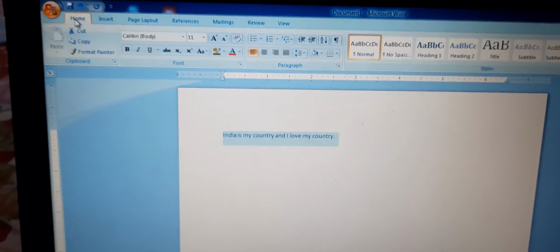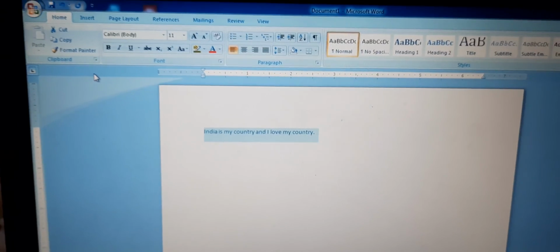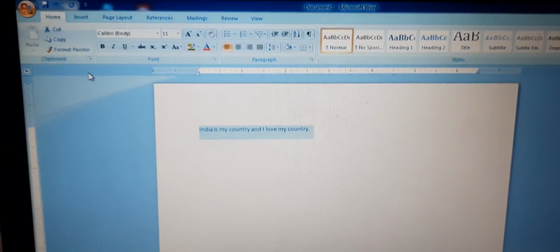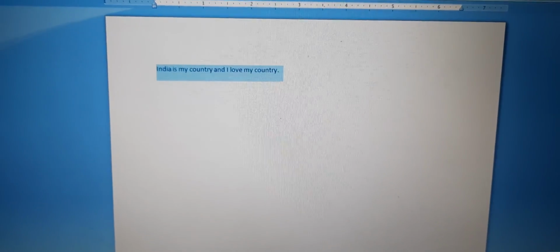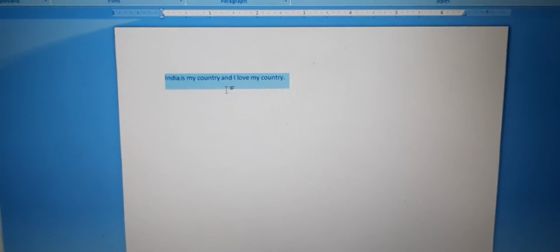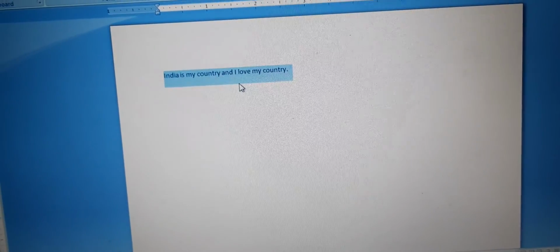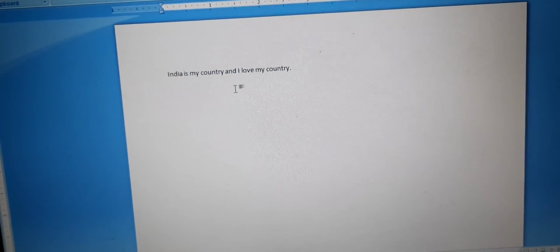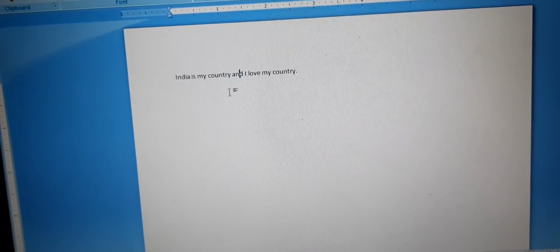Okay children, now we will learn how to edit the document. Children, this line I have written here: India is my country and I love my country. Now this text I have already written here, and I will tell you how you can select the text.